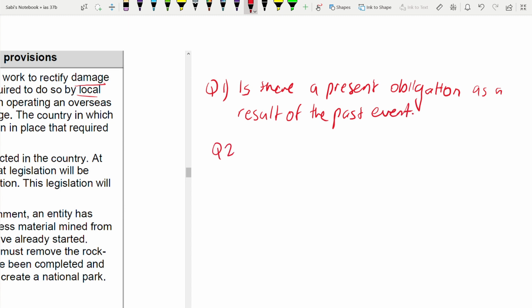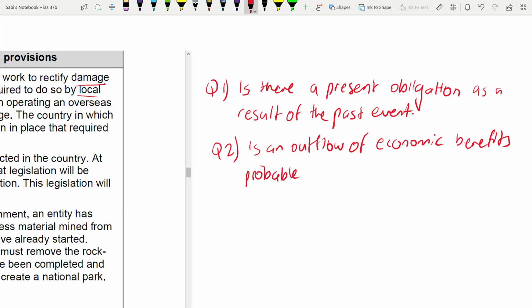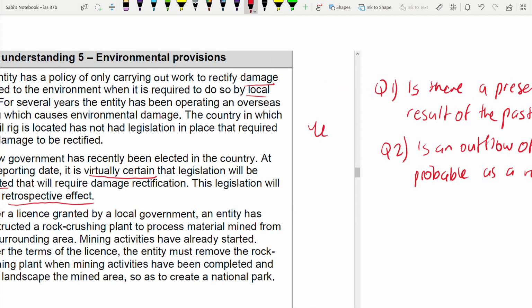Second question, is an outflow of economic benefit probable as a result? This is for environmental provision. Okay, so if the answer to both of these questions is yes, you recognize a provision. So you need to see for the first one. Okay, we'll go by the first one. Is there a present obligation to rectify the damage? The answer is yes. Second question,